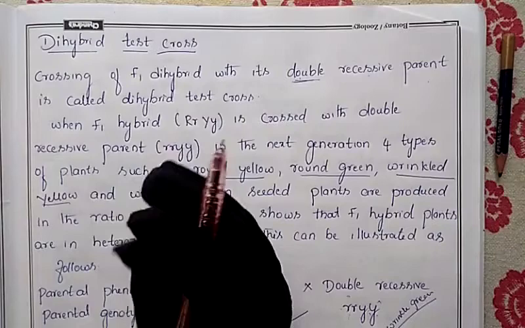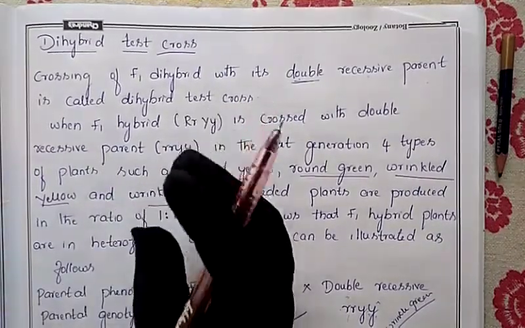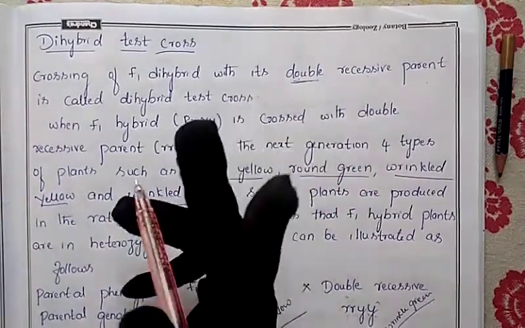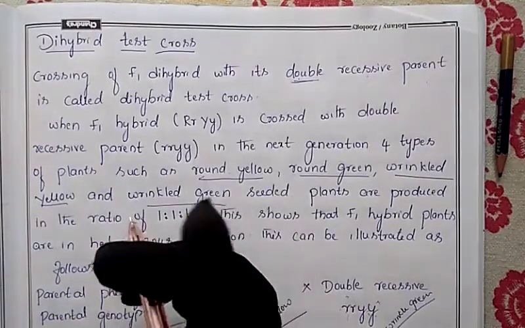In our previous class, we discussed the dihybrid cross. Mendel conducted an experiment on the dihybrid cross to arrive at his second law. In the dihybrid cross, Mendel took pea plants and crossed two plants by taking two characters. Which are the two characters? One is the shape of the seed, another one is the color of the cotyledon.